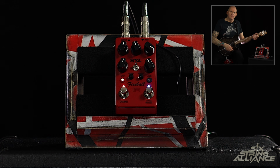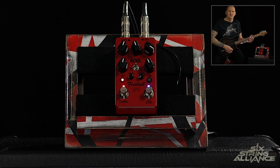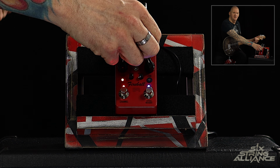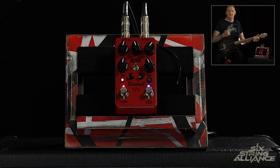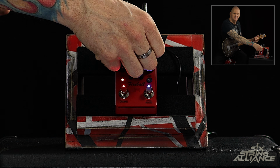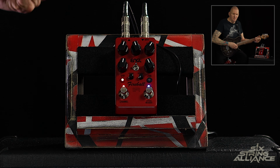See what I mean about the treble control? Now, maybe that's the way that the Fireball is voiced. There's definitely some upper mid-range going on there. So if you want to add a little bit more brightness,